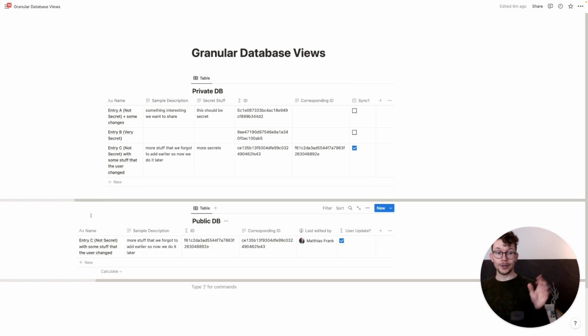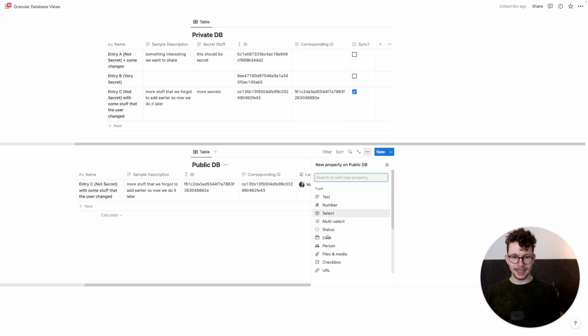Great. So that works. And the last thing that we need to do is make sure that here we somehow record that we changed this, right? And we have two options. We can either have the system make a very minor change, like add a space to the sample description here. That would be enough. Or we just add another checkbox and say